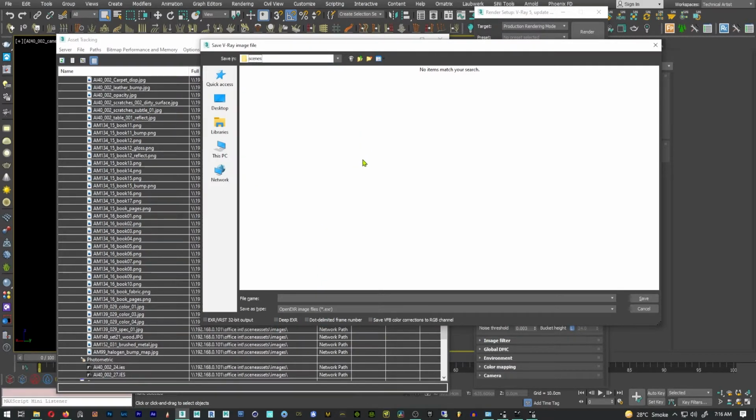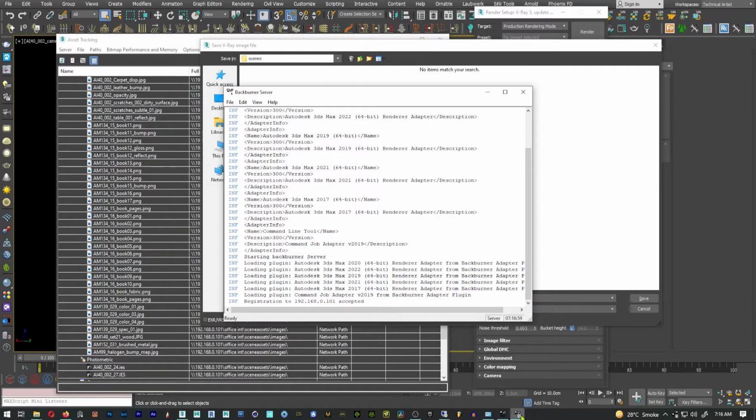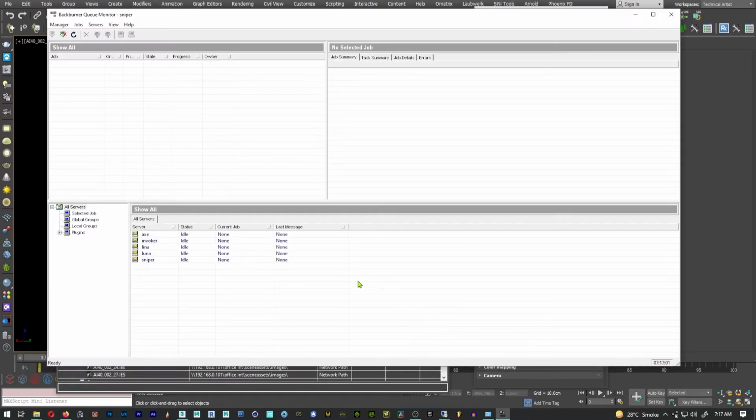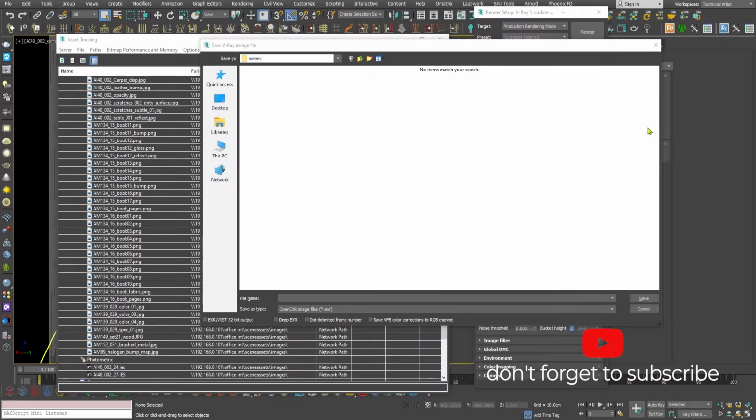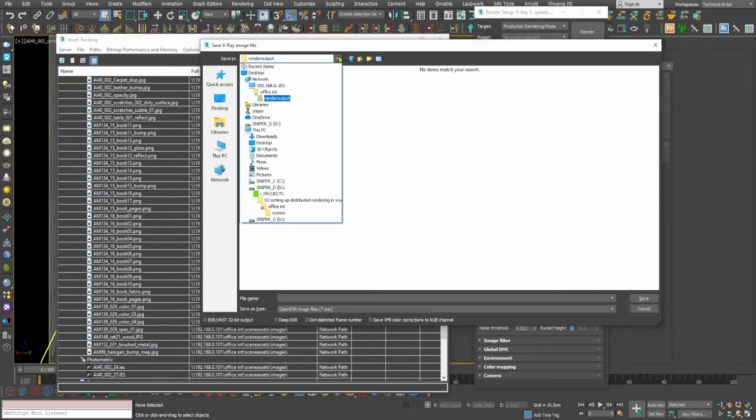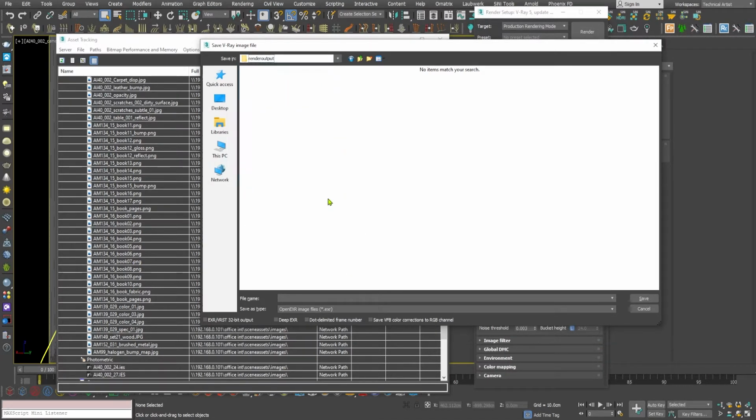and I have to make sure that I am saving this at a network location, so when the computers have done rendering a frame, they need to save it to a location that they can access. Remember these computers that we have added. So now here is the network location output, and I am going to click on the render output path, copy it and paste it over here, and click on the save to move it to the network location, and I am going to give it a name.